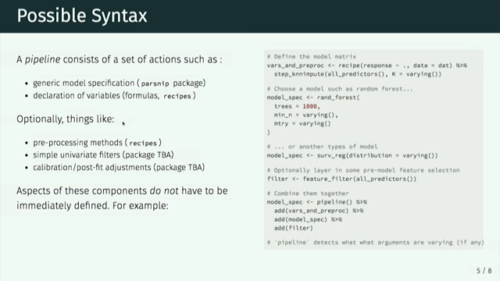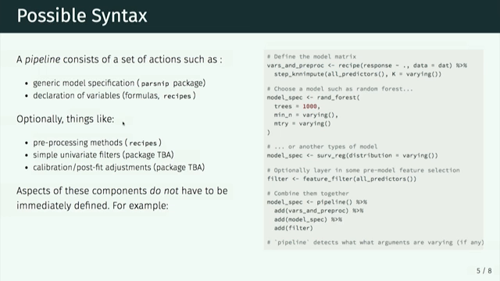So that's a minimum, but to build better models and encourage feature engineering and things like that, we want to create a system where we can layer in other aspects of the model that you may or may not want to use. So for example, if you want to do some preprocessing methods, like do PCA on your data because they're highly correlated, or if you have some categorical predictors in your data set that some of them only occur at like a 1% rate, you might want to dump those into an "other" category, some things like that. So, optionally, you might want to specify preprocessing methods that'll give you the ability to do that.